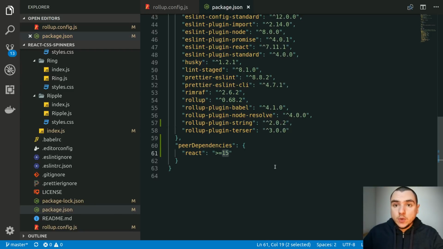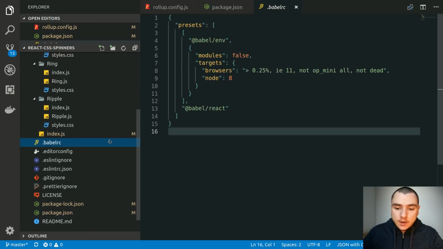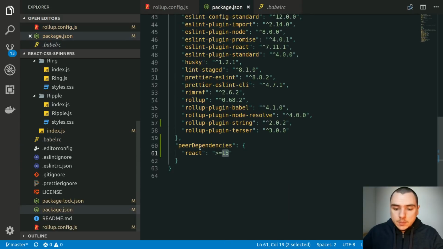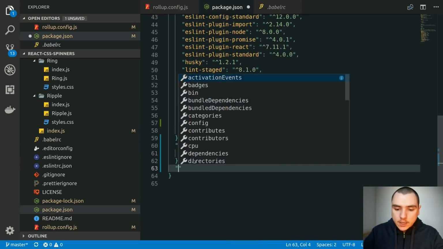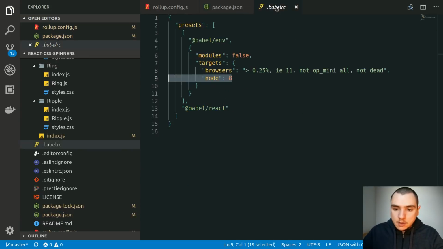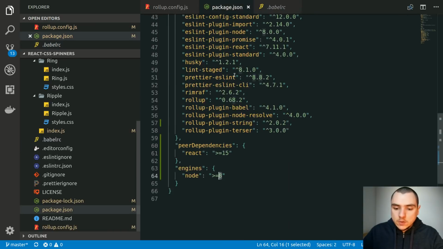And now this one actually reminds me of the .babelrc config as well, because we've set up a version of Node to 8. What we can do in package.json is we can also add another key. So in this case, we could add engines, and this one will allow us to target specific versions of Node. In this case, we can put Node greater than or equal to 8, and this is also going to be in sync with our .babelrc configuration as well. So again, we're bundling for Node 8, so it only makes sense to specify that the engine must be Node 8 or greater. So in essence, this is going to match Node 8, 9, 10, 11, and so forth.